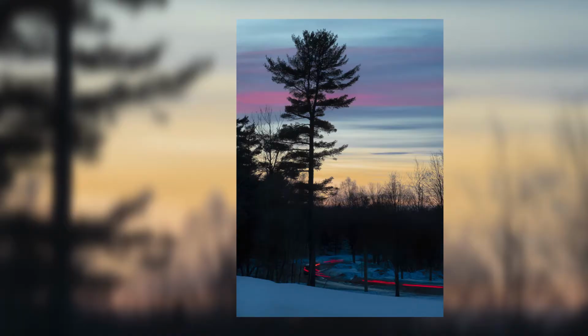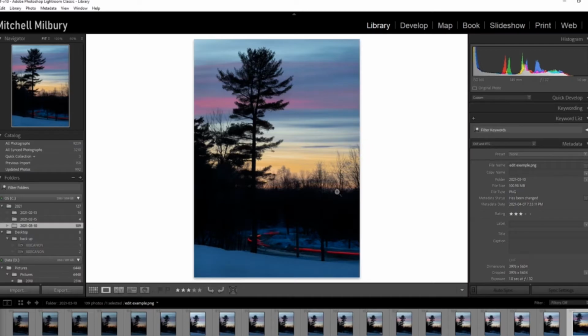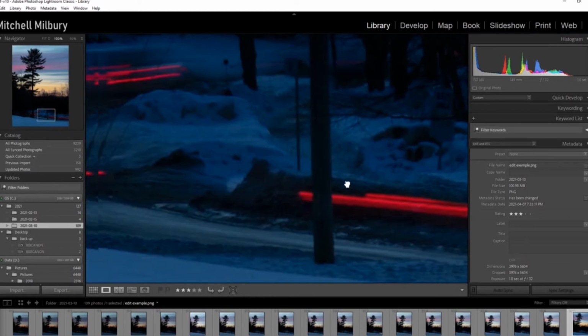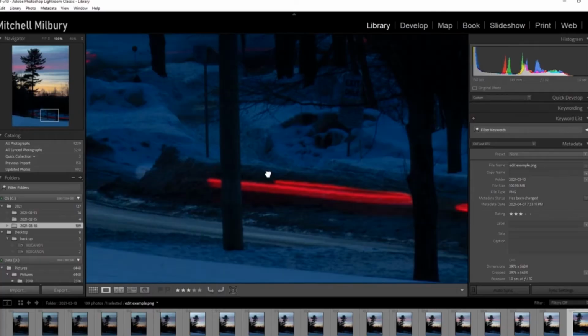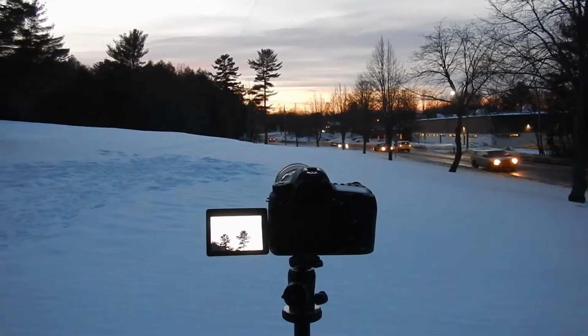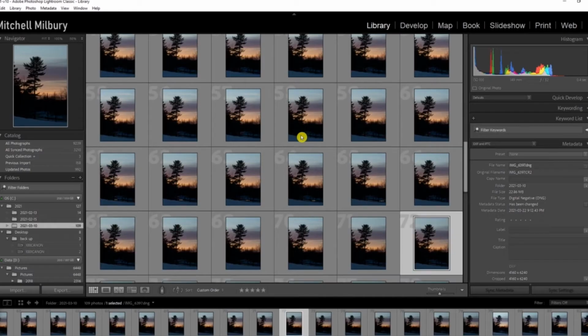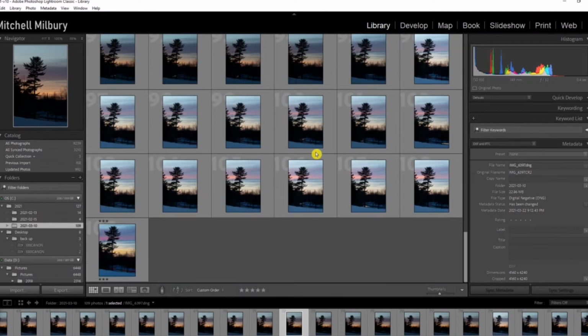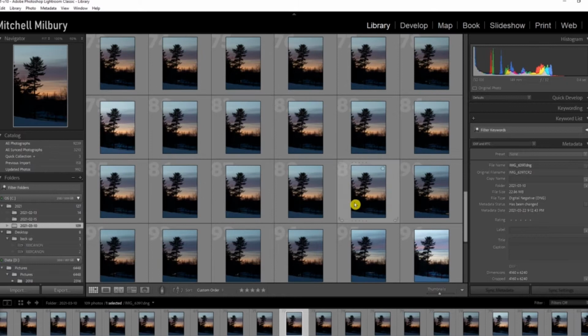So I initially framed this composition up, and as I was firing off shots, I realized that the road in behind there kind of worked as a little leading line. You can see it in the star trails here along the bottom of the frame. So how I actually captured all these separate 100 and some odd frames is I had the camera on high speed continuous shooting mode, and as the traffic would drive by and enter into frame, I would just hold the fire button and take shot after shot as the cars were driving by, and I would get little snippets of the vehicle lights, and then I knew that I could just simply merge and stitch those